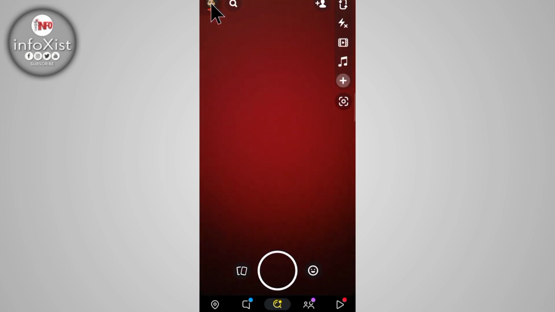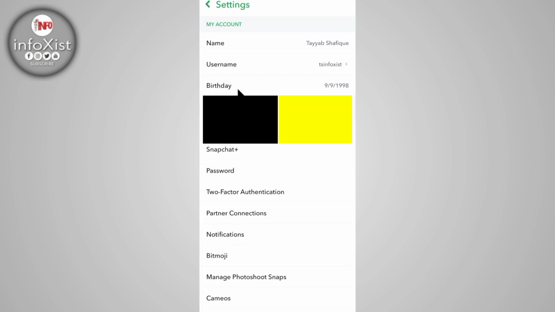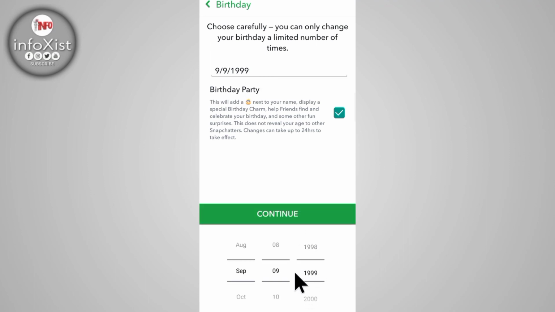Tap on profile icon, and after this tap on this setting icon, and here you can see your birthday is shown there. Tap on that, and to change your birthday simply tap on your birthday, and after this change your